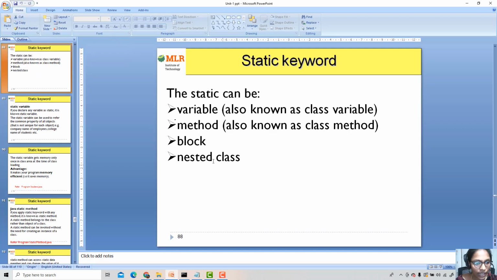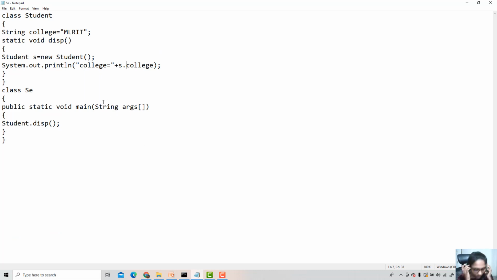And next is static block. That also we will see with example. So generally we know execution starts from main function, but if we want to execute anything before the main function itself, we can write those statements within the static block. So generally static block is used to initialize your static data, but even though if you want to print or if you want to display anything before the main function executes, you can write this within the static block. That means the static block will be executed before the main function itself.